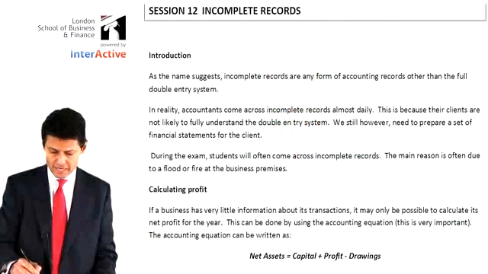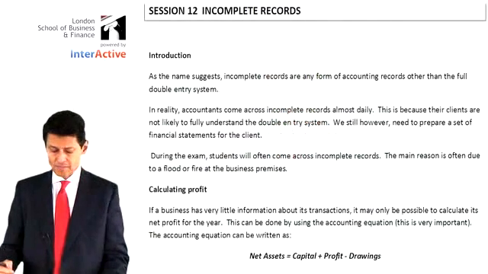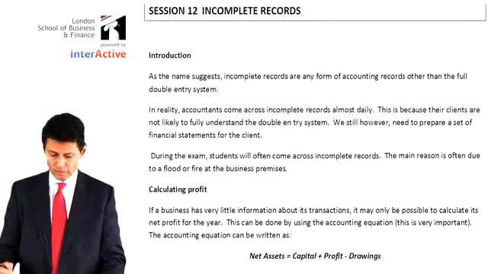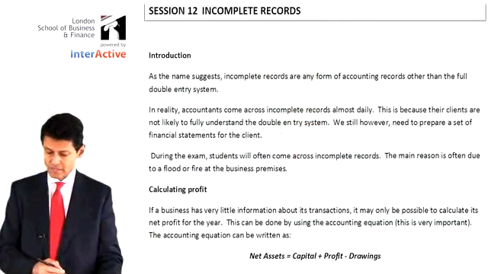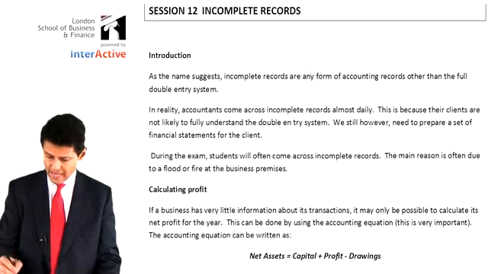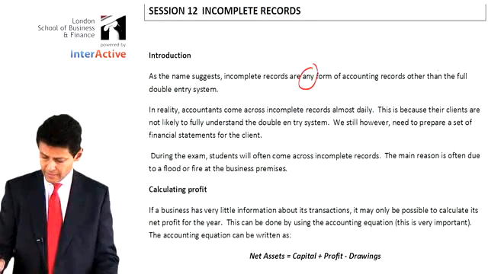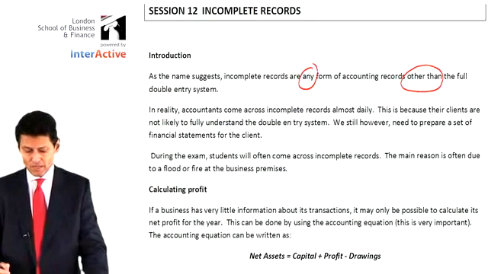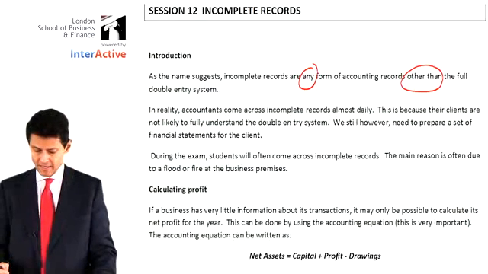Let me take you through these various points. So we're moving therefore to session number 12. As the name suggests, incomplete records are any form of accounting records other than a full double entry system. See? Any form other than. So anything other than full makes it incomplete, obviously. What else can we say? In reality,